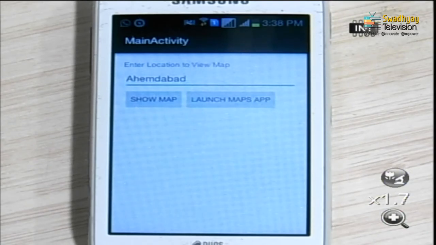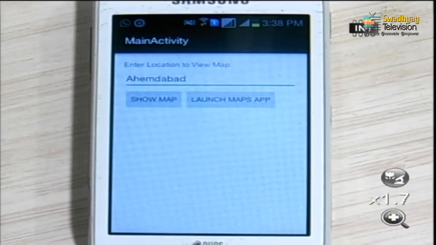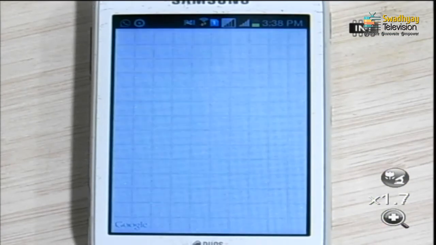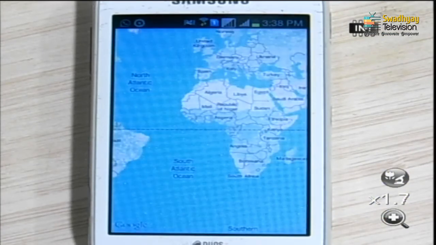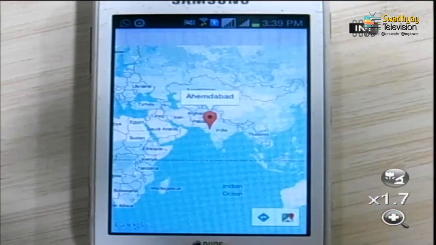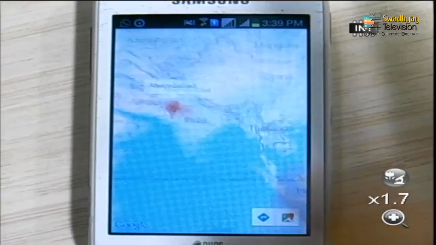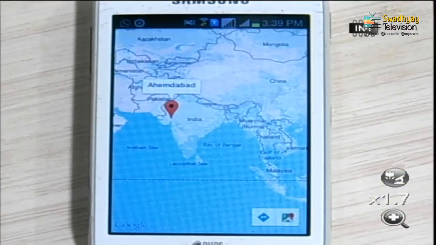So, here I am typing one city name, which is Ahmedabad, and I press the show map button. You can see it displays the map inside the fragment, and our city name is marked with a marker, and if you click on the marker, it also shows the place name that we have typed in the text input, and you can zoom this fragment by double clicking on it.